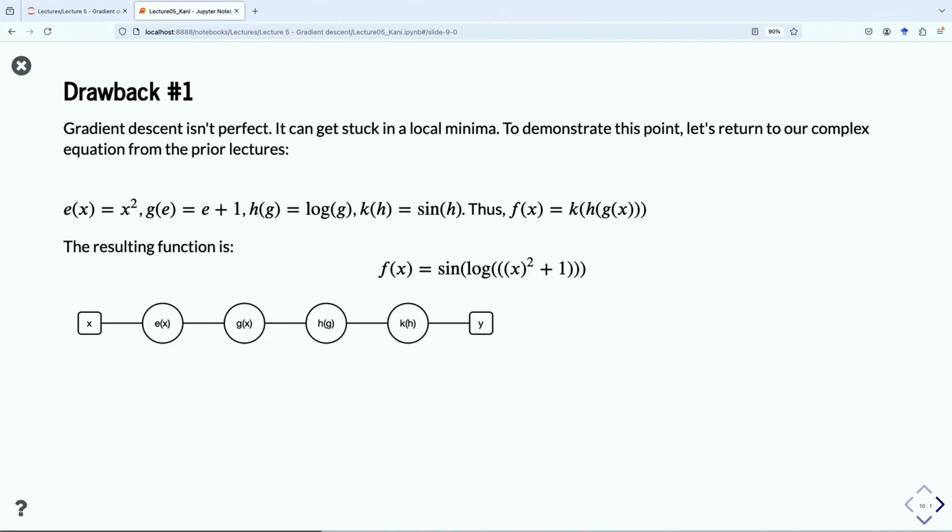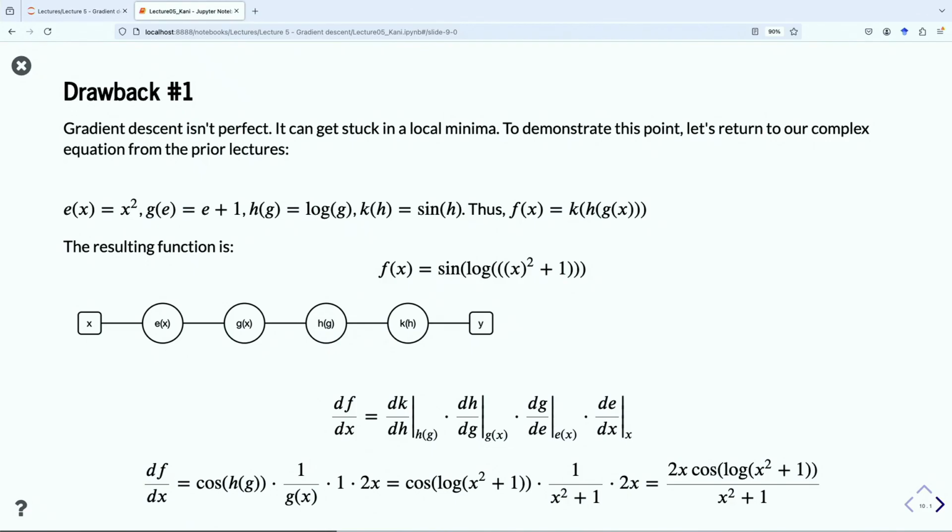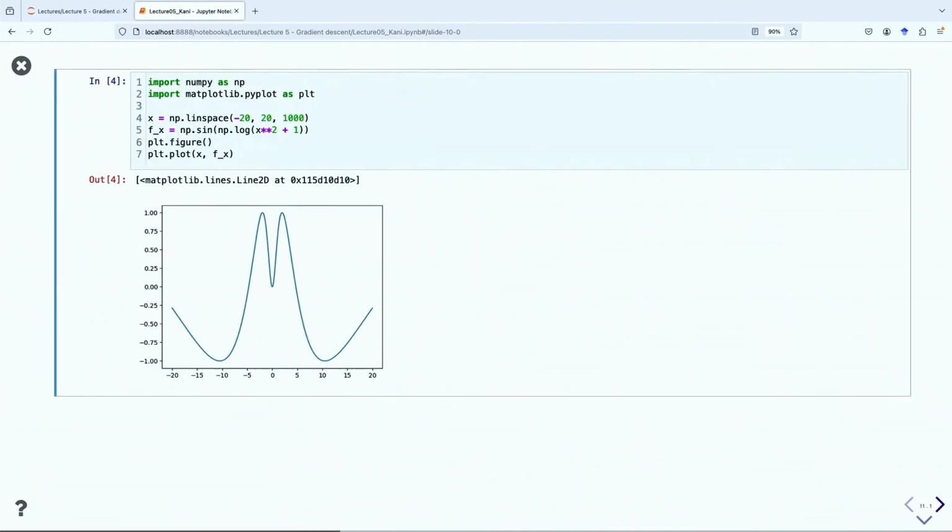Okay, so right away, it's not a polynomial, it's a trig function. And trig functions, what do we know about them? They are periodic. So there's likely going to be lots of little minimas in this function. And in fact, we have the gradient there. If we actually plot out this function, we see a nice little complex graph with some minimas that extend down to -1,